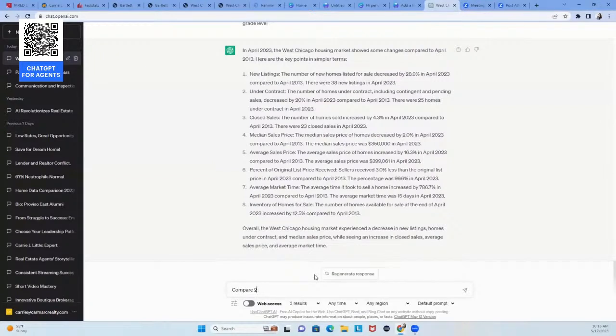Compare the inventory of homes at month's end for April 2013 and April 2023. April, I'm going to do this inventory of homes at month end. I'm going to say, I also wanted to compare market time and median sales price for April 20, and then I'm going to actually put it in. So April